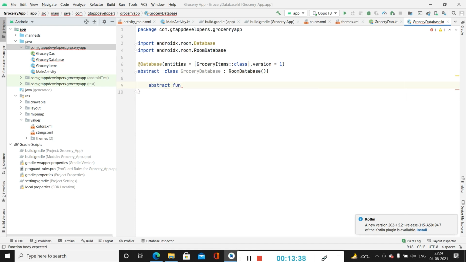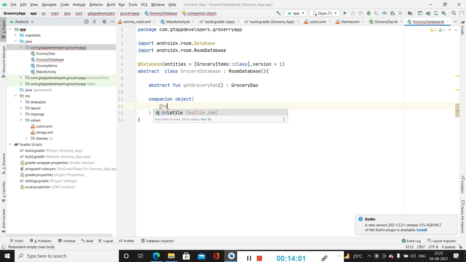Inside this, firstly we will be creating a method, that is the get grocery DAO method. Now after that we will be creating an object. Inside this we will be creating the instance. So firstly we will be adding it as volatile.